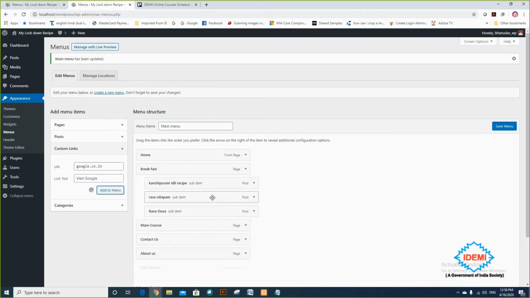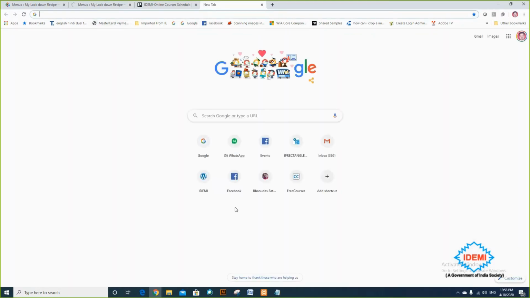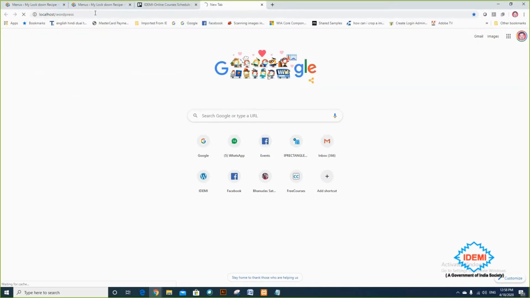So what will happen here? It gets added and I'm saving this. I will remove it afterwards. Now in my localhost WordPress, look at this.